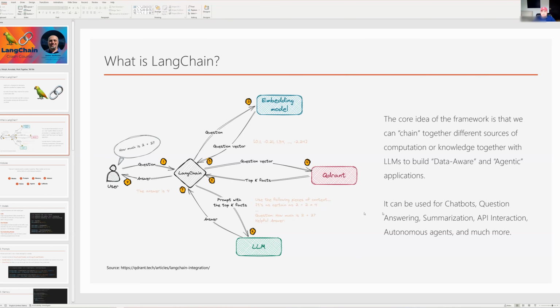So it can be used for a lot of things: chatbot, question answering, summarization. They have modules that you can interact straight with APIs, and the autonomous agents are basically kind of like decision